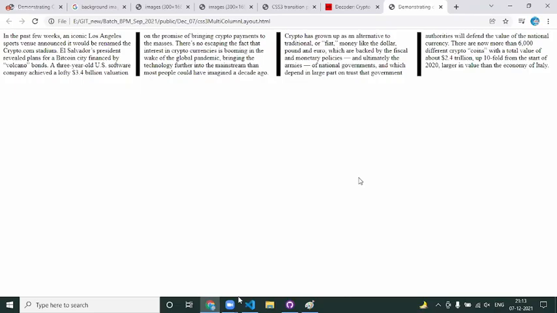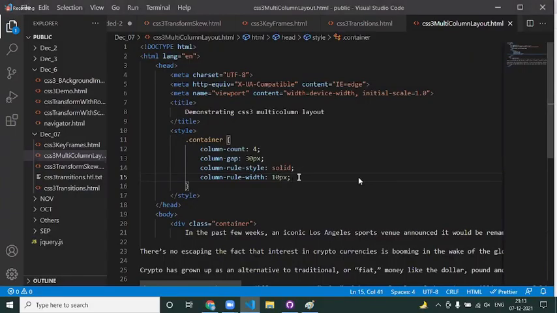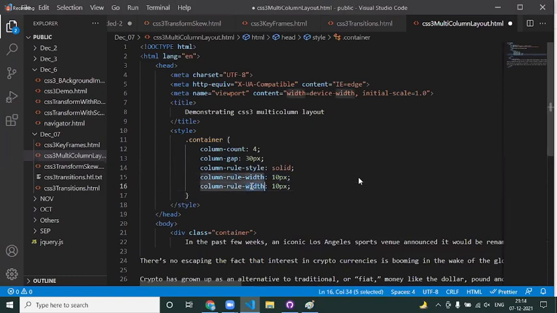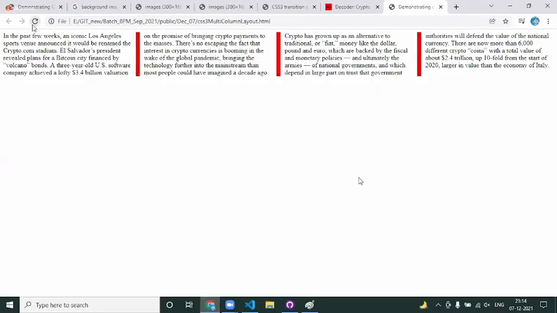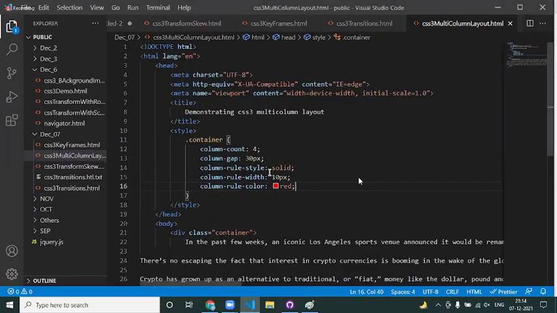You can even control the color of this by using column-rule-color, for example red color. Now if you come back and reload the page, this is how it is. In the same way, we are using 3 properties in order to specify the border.